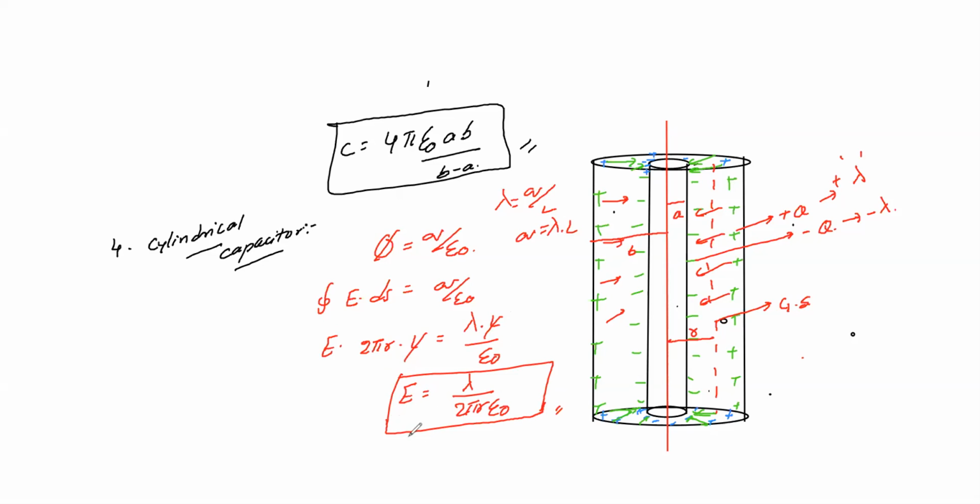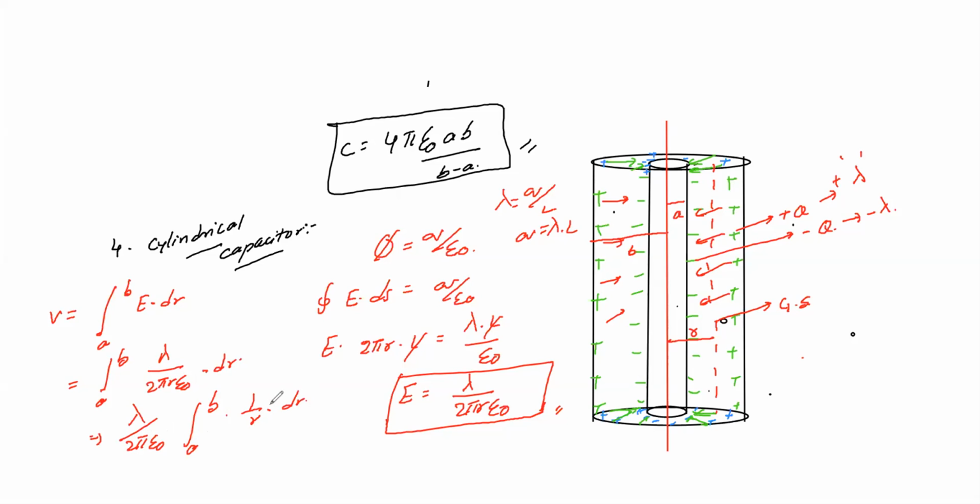Same relation. Here we have taken a conductor with a cylindrical structure and linear charge density. So we know the potential: V is equal to the integral from A to B of E dr. Substituting the electric field, E is lambda by 2 pi r epsilon naught, into dr. We are integrating only with respect to r, so I'll separate the other terms: lambda by 2 pi epsilon naught, integral from A to B of 1 by r into dr.